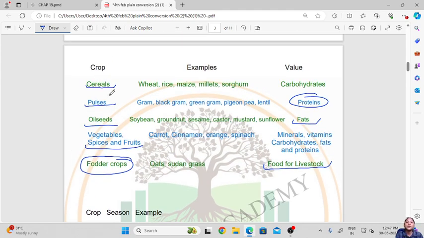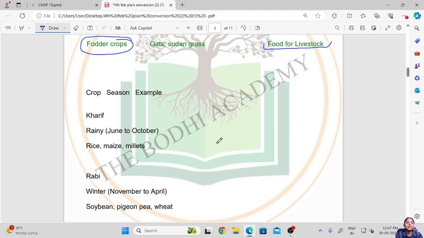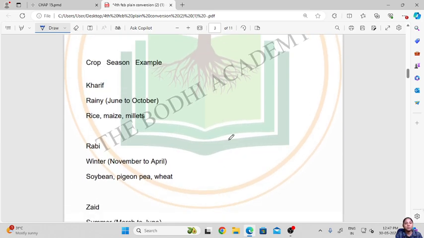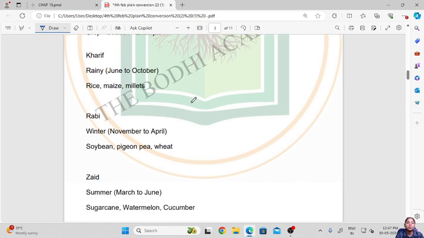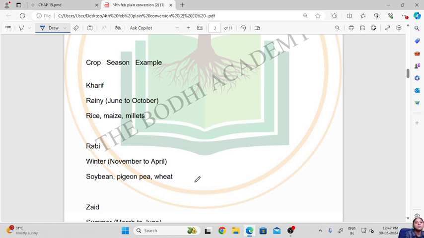Now we have seen different kinds of crops. Let us see the cropping seasons. In India, there are mainly two seasons in which a variety of crops are grown, and there is also a third cropping season, which is usually in summers, when some of the fruits or vegetables are grown. So let us see. The first one is